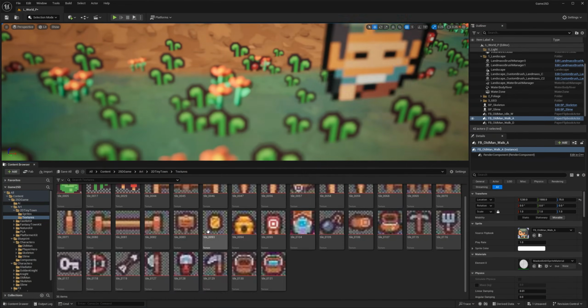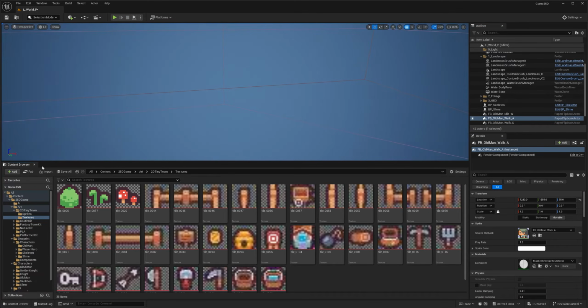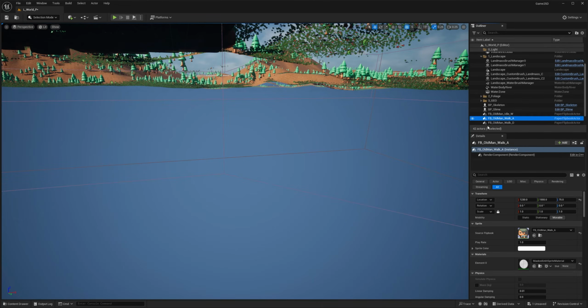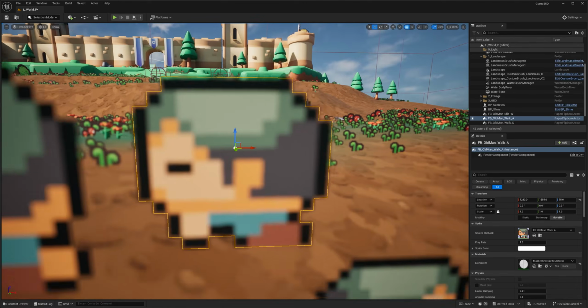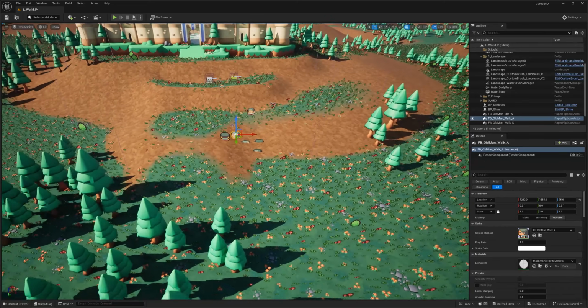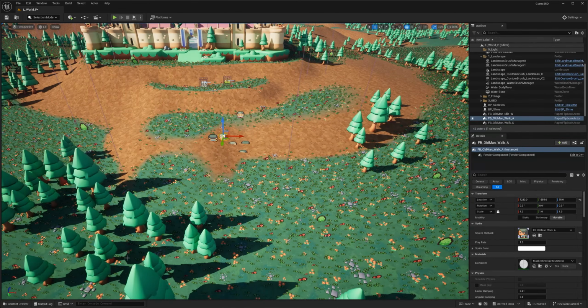And I don't like it when it's debugger-like this. I think it's a little bit complicated, but to each their own. All this to say that the content drawer is a very important part of the interface, and you're going to be using that a lot. So naming convention or organization is very important.